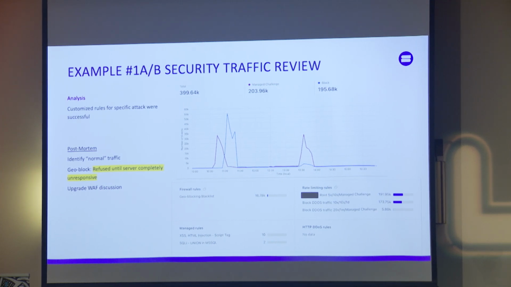And because it could be a page assembly, sometimes you hit the same page multiple times while they're loading in a browser. And then I had another one down here where if they would get blocked and not managed challenged. If they hit it 10 times in 10 seconds, you're blocked for an entire day. That's good, right? But you have to know your volumes to get to that point in time, right?